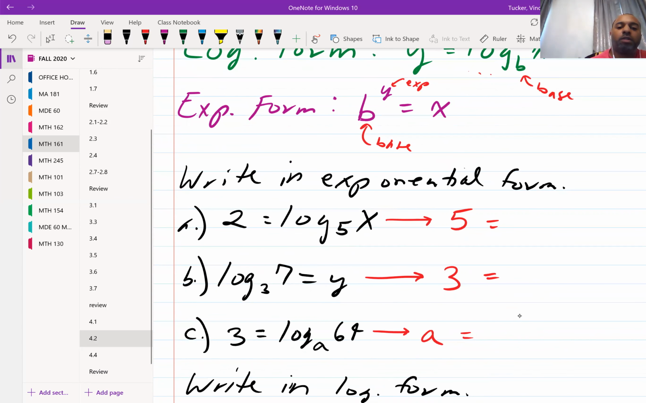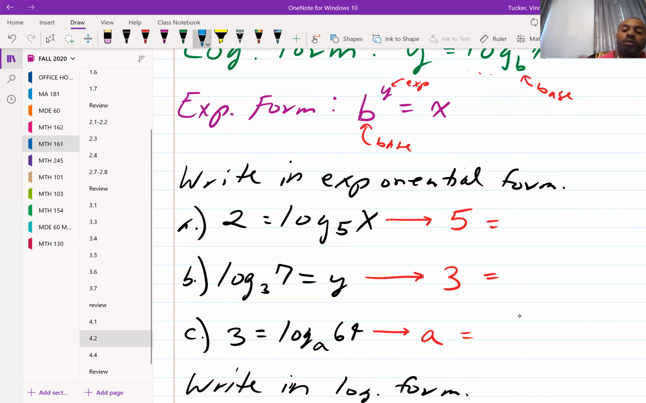All right. So they give us expressions in log form. They ask us to write in exponential form. So that's what we'll look to do in A, B, and C. It says 2 is equal to log base 5 of x. All right. So like I said, the best way to translate